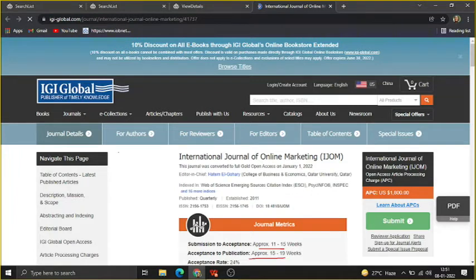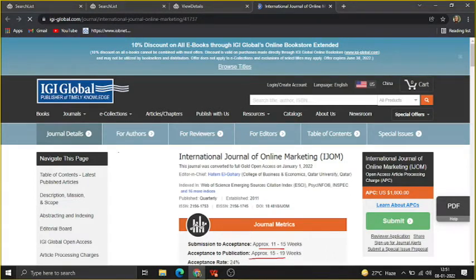It shows that the submission to acceptance time is approximately 11 to 15 weeks, and acceptance to publication is approximately 15 to 19 weeks. The acceptance rate is 24%, which means there is a 24% chance for the article to be published in this particular journal.